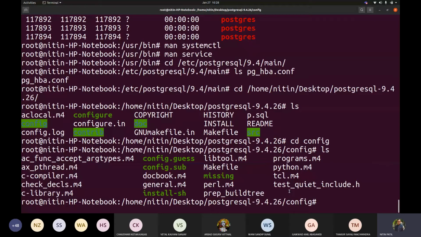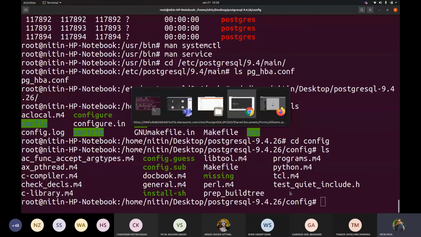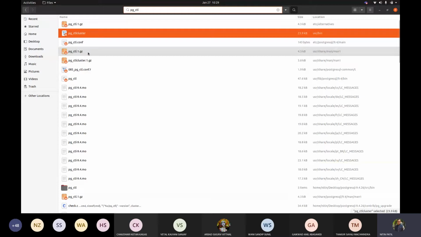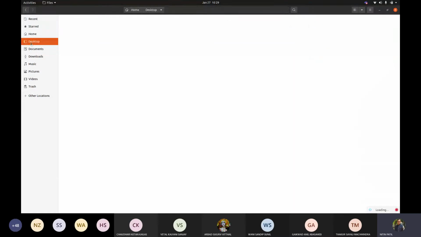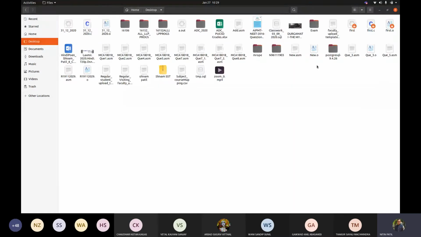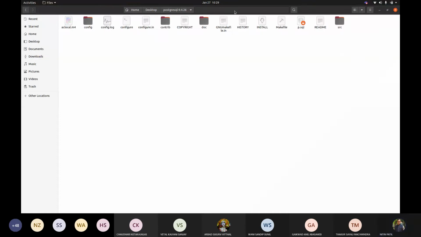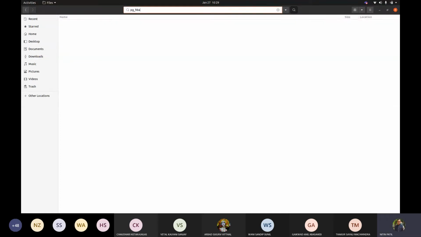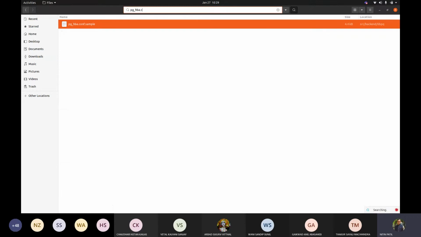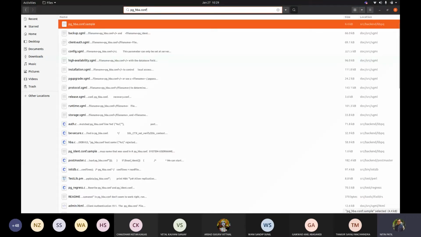Even if I go to the GUI rather, and go to a particular directory of Postgres, this one, and search pg_hba.conf, this would be a sample file available there.